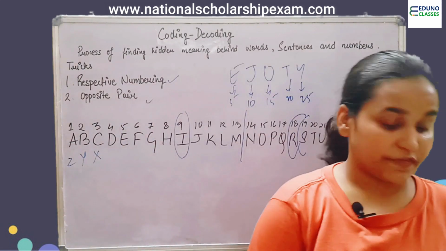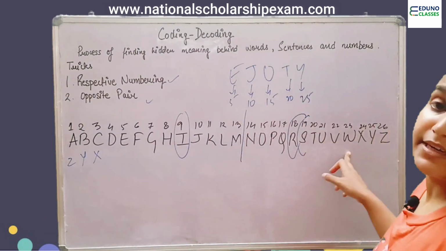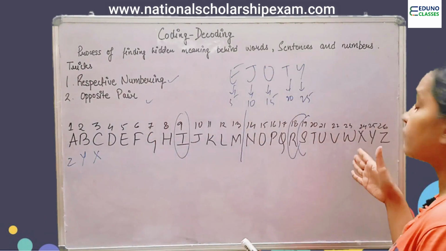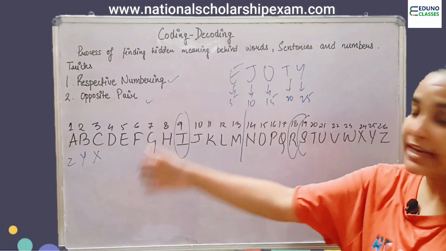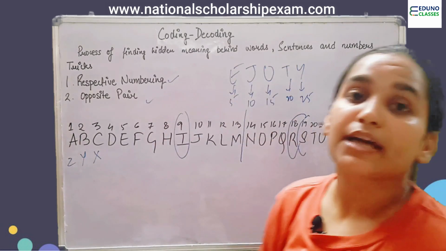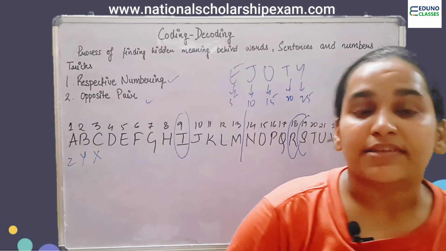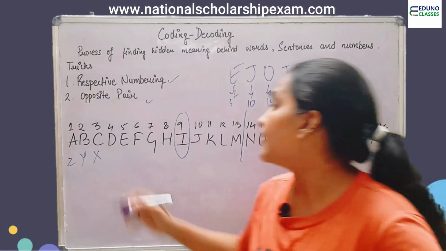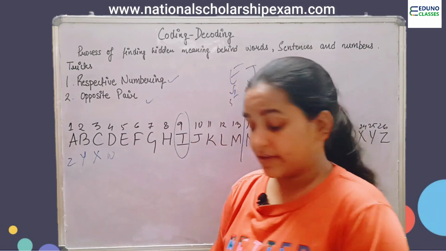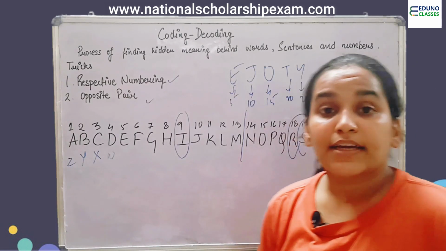How to remember the opposite of D? The opposite of D here is, we can see, W. Fourth from this side, fourth from that side. Fourth from the right and fourth from the left makes the pair DW. Doodh wala. Doodh wala comes and serves us milk every morning. Doodh wala.